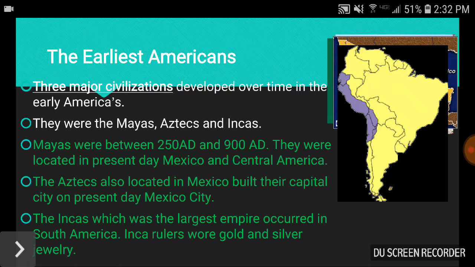Aztecs create a complex civilization. The last group that we're going to talk about today are the Inca. They are the largest empire, and they're going to occur largely in South America. Inca rulers are going to also have a complex religion, have complex government. They're going to wear a lot of precious metals to establish their wealth and their dominance over other individuals in